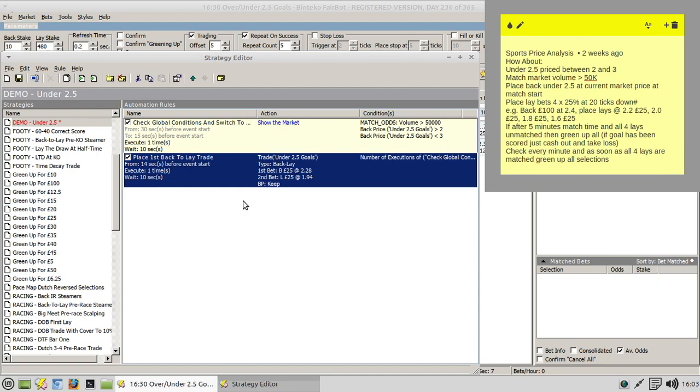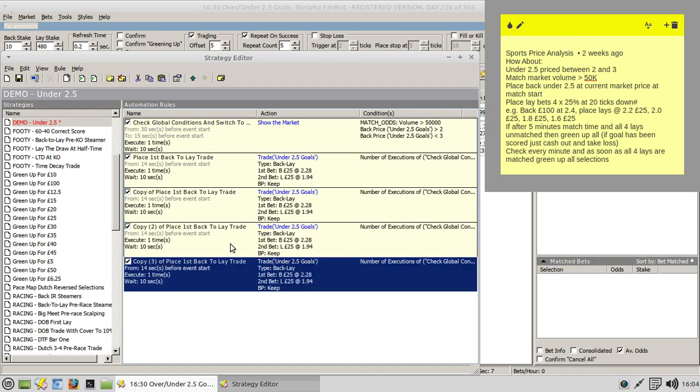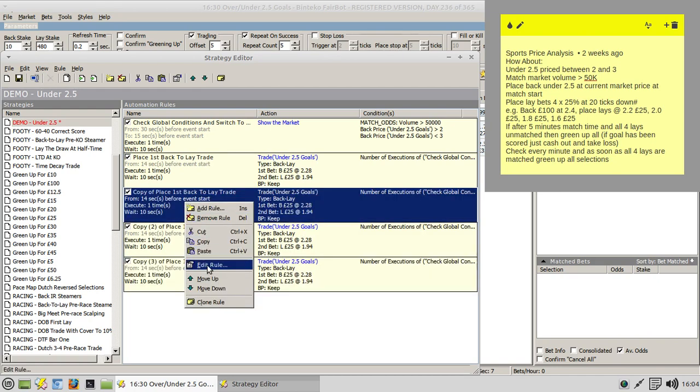And that is our first bet, valued at £25. And you can see in here, that's the current odds at 2.28. And it will place another bet at £25 at 1.94. What we need to do here is essentially copy this another 3 times. So with it highlighted, you can just do Control-C to copy, and then Control-V 3 times to pop those in. And now all we need to do is go in to edit these,